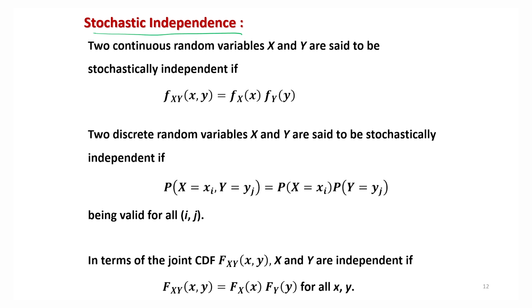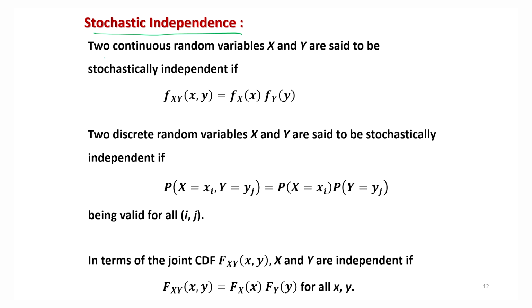which in usual words we call independent random variables or independence. So what is the basic concept of independence? If you have more than one random variable, suppose I have two random variables x and y, and the occurrence of x does not affect the probability of y, and the occurrence of y does not affect the probability of x, that means x and y are not affecting each other, then we say that they are independent.